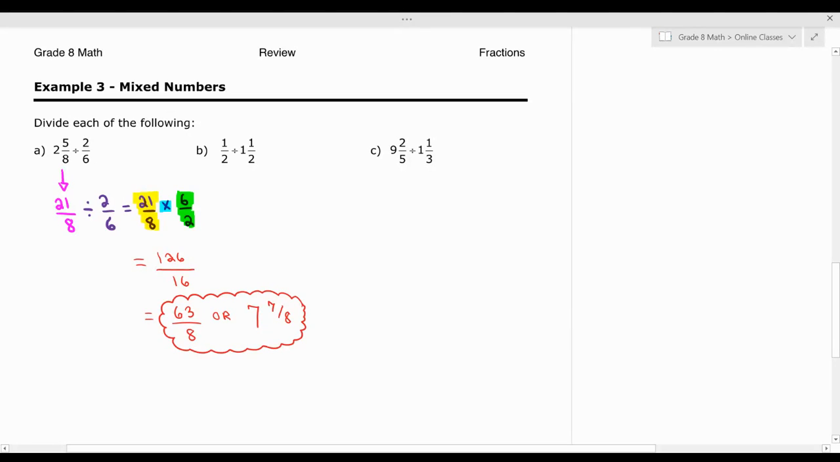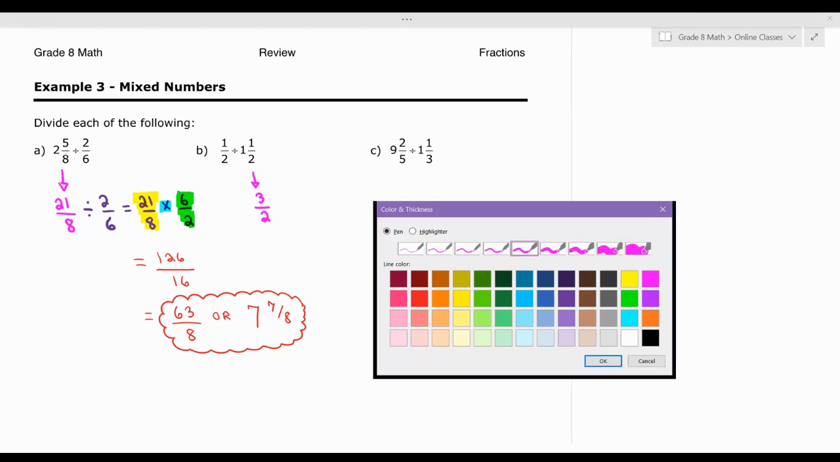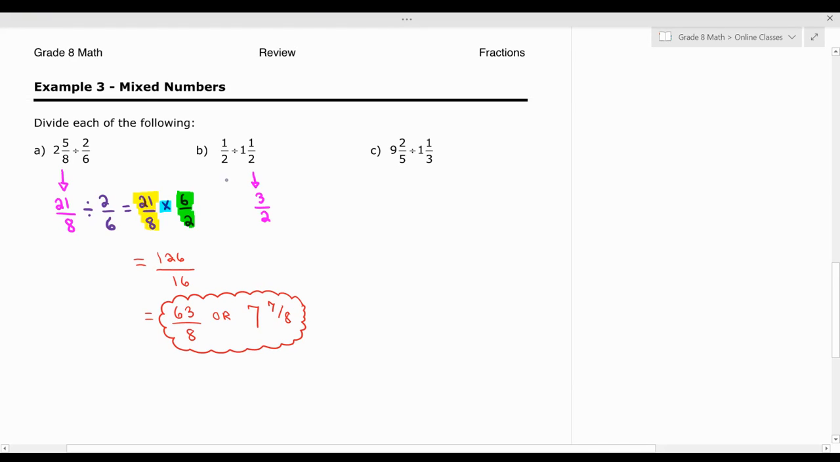Question B, we have 1/2 divided by 1 1/2. So this time I'm going to start by changing the second part into improper. So this is like me saying I have 2 times 1 is 2 plus 1. That's like 3/2. So 1/2 divided by 3/2. Okay, I'm going to keep the first, change to multiplication, flip the second,